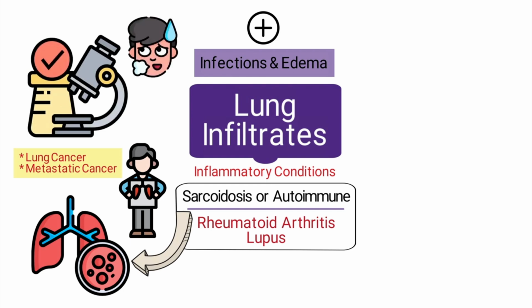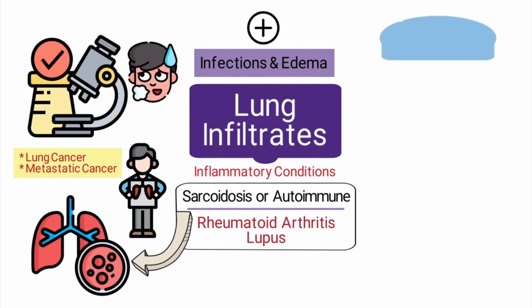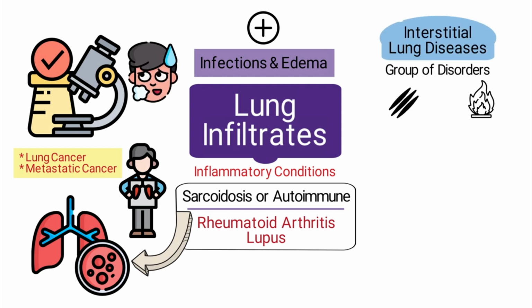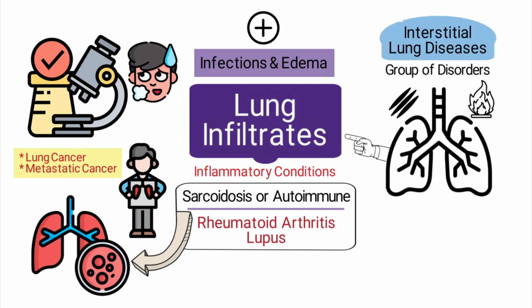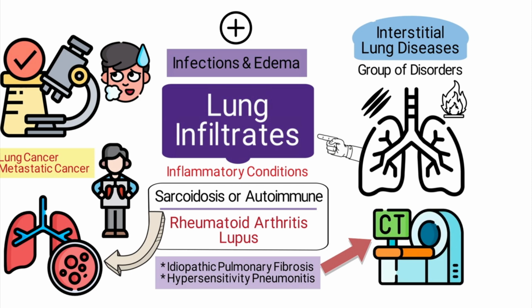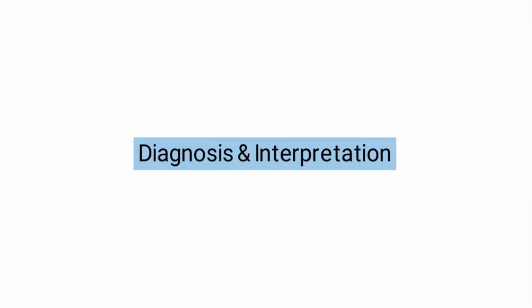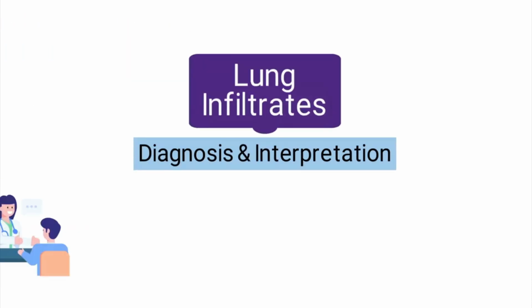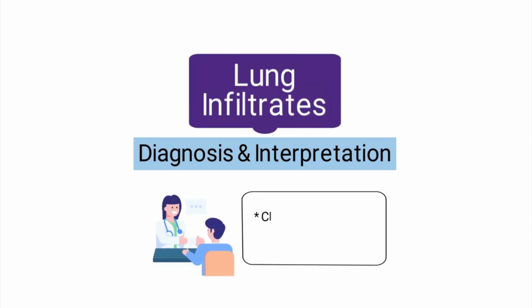from benign causes. Interstitial lung diseases, a group of disorders characterized by scarring and inflammation of the lung tissue, can also show up as infiltrates. These conditions, which include idiopathic pulmonary fibrosis and hypersensitivity pneumonitis, typically present with a pattern of infiltrates that can be identified on a CT scan. The diagnosis and interpretation of lung infiltrates require careful consideration of the patient's clinical history, symptoms, and the radiographic pattern